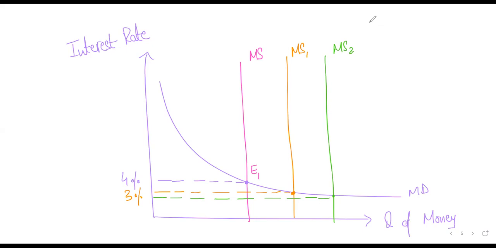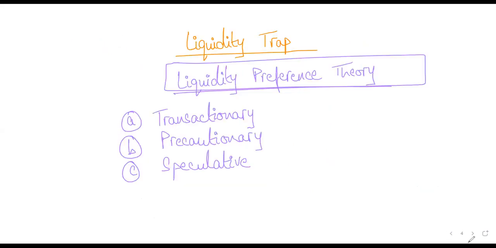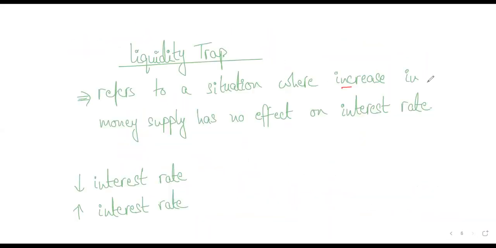But after this point, students, have a look at this, right? Any further increase is almost having no effect on the interest rates. Any further increase in money supply is having absolutely no effect on the interest rates. Also, because you can see for yourself that the money demand line has become completely horizontal, and there's absolutely no change in the interest rates, right? So this situation is known as liquidity trap, when increase in money supply has no effect on interest rates, and therefore